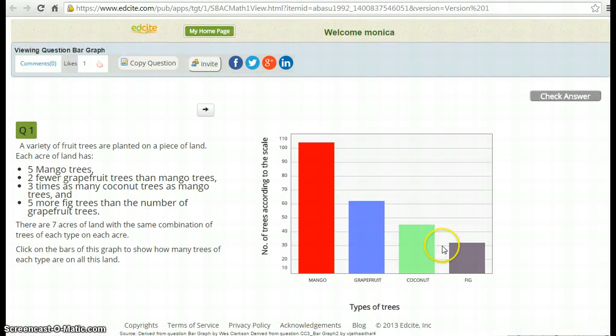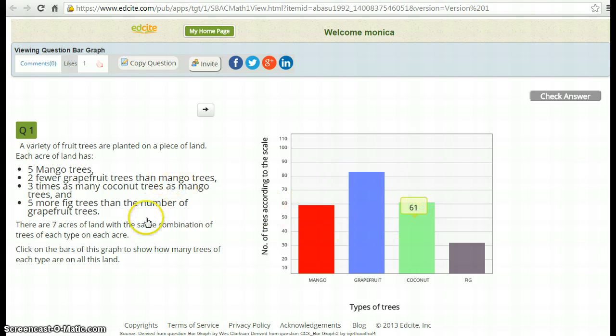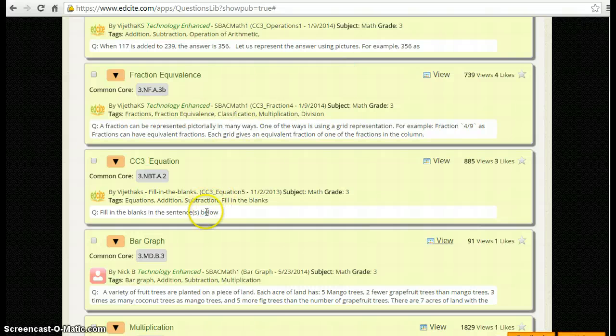This is a nice technology enhanced one, and it allows me to go ahead and move the bar graphs up and down. So I like that a lot. So this is what I want to save into my question bank so I can pull it into my assignment on making bar graphs. So what I'm going to do is actually close out of the student view, and